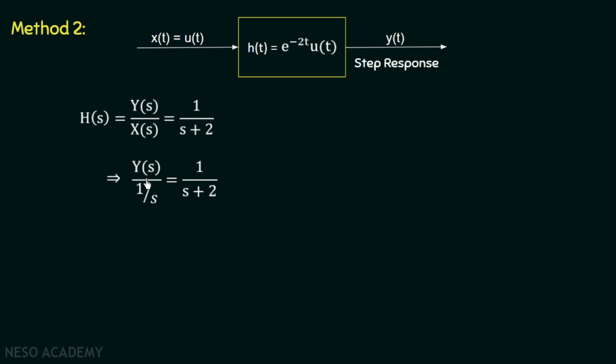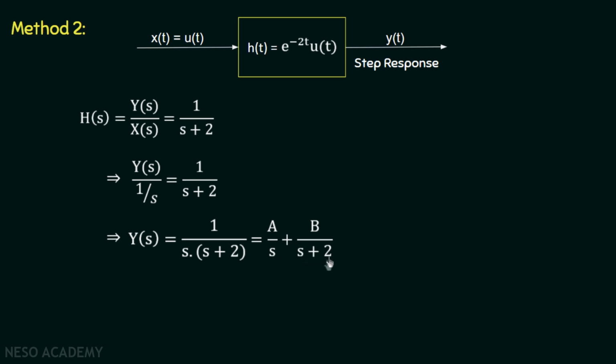If we transpose this term 1 over s to the right hand side, we will have Y(s) equal to 1 over s multiplied with (s plus 2). Now if we want to take the inverse Laplace transform, firstly we will have to split these two terms by using partial fractions. So 1 over s(s plus 2) is equal to A over s plus B